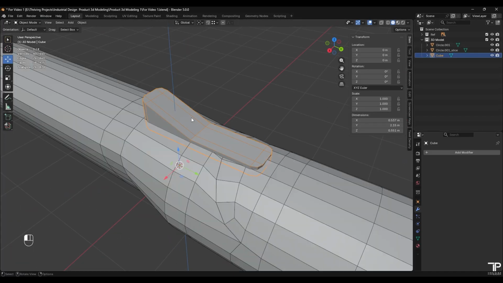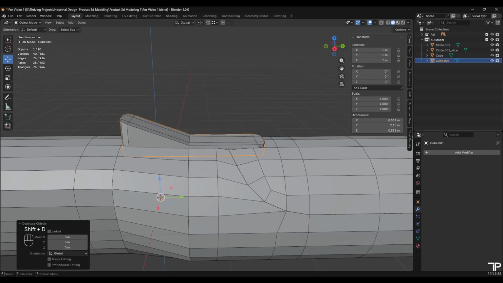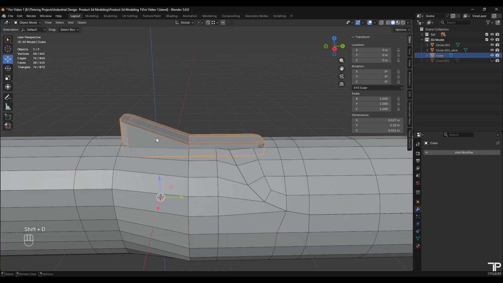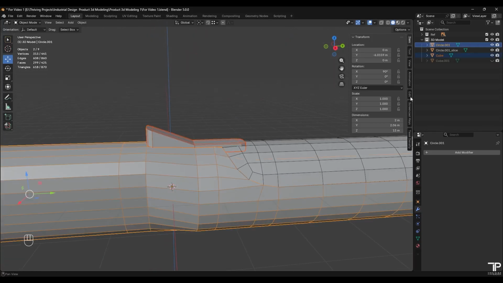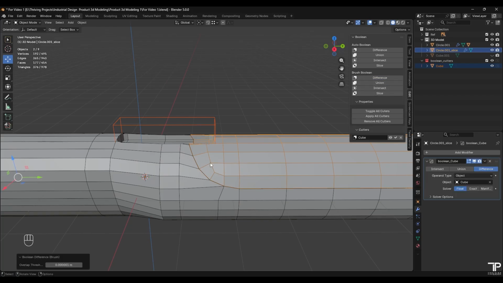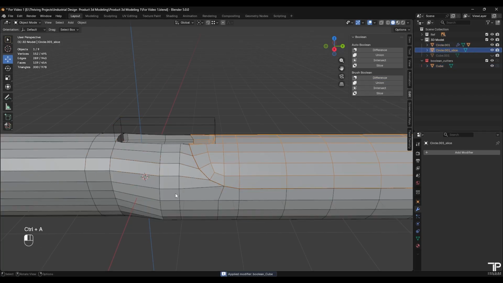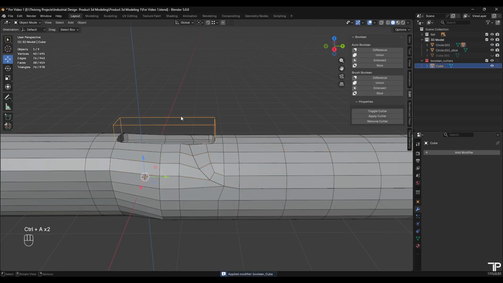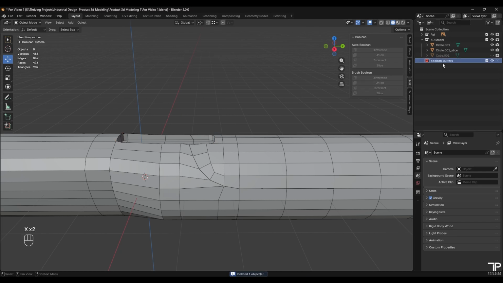I will duplicate this portion, hide this duplicated one, select this mesh and then this one, go to the edit and click on difference. Select this mesh and then this one, again click on difference. Apply these boolean modifiers. I will delete this one,